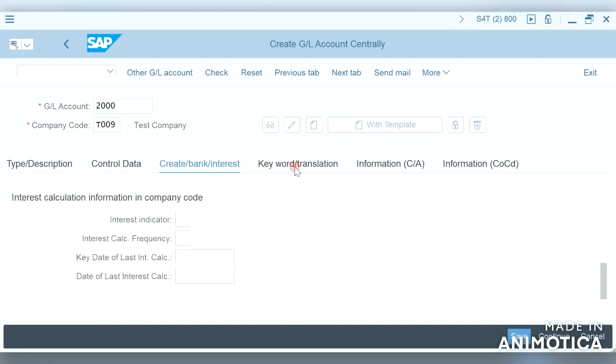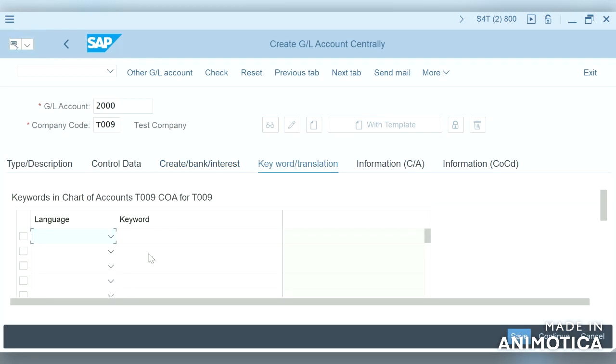So keyword or translation. Here we can maintain the language.